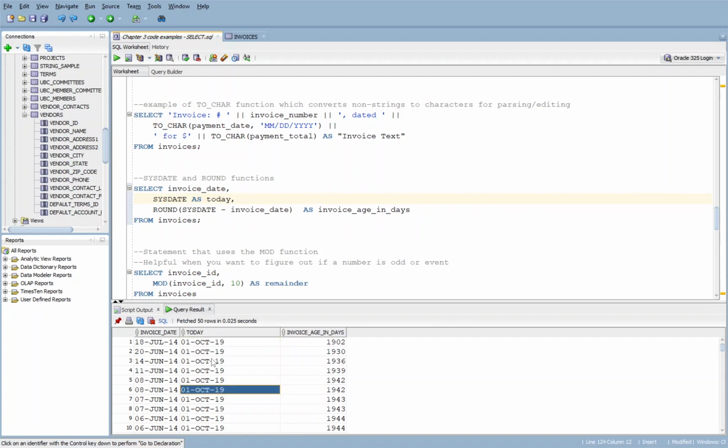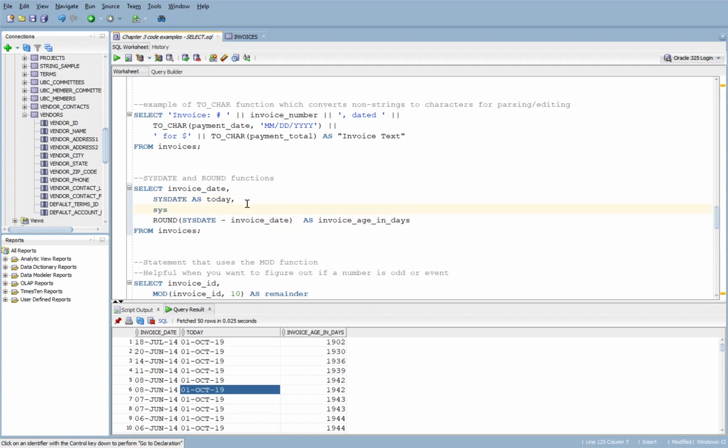And what you don't see yet, we haven't gotten to this yet, we'll get to this when we talk about dates and functions specifically, is that it is actually pulling a time as well. You just don't see that, but we could format it and show it. And so here, I want to show you what happens if we grab the sysdate minus the invoice date. So if I run that,